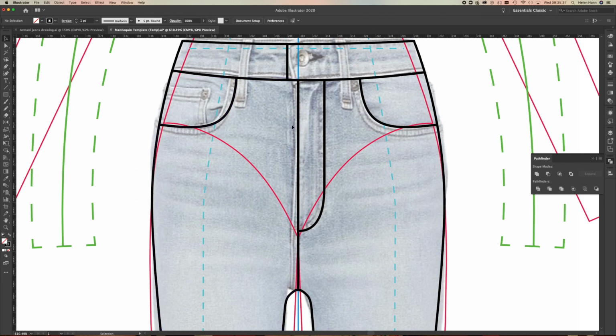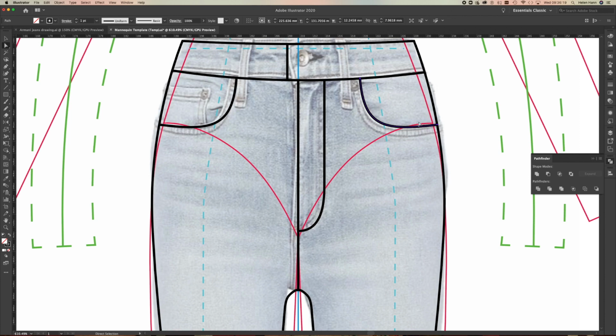Now I'm going to just get this stitch line going on my jeans pocket. So I'm going to just select this line. Now I'm using the direct selection tool. That's important because I don't want to select the whole path. I just want to select this line segment between these two points here. So I've just clicked here and I'm going to copy it. So I'm using Control or Command C. I'm using a Mac, so it's Command, and then I'm going to paste in front, Command F or Control F,